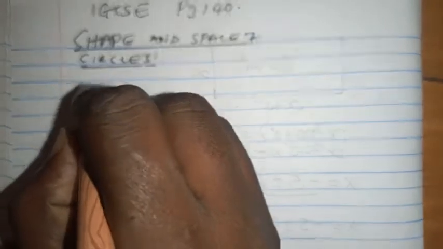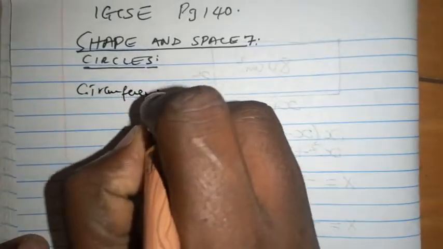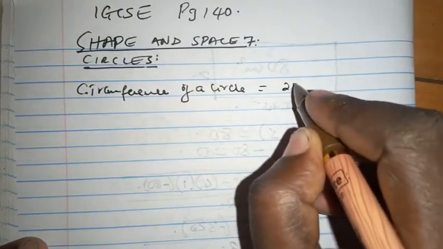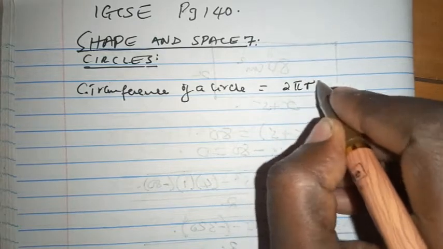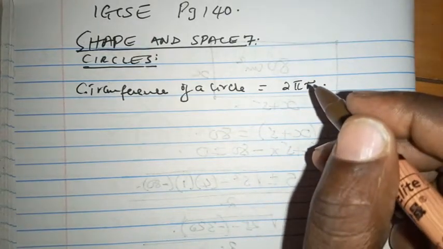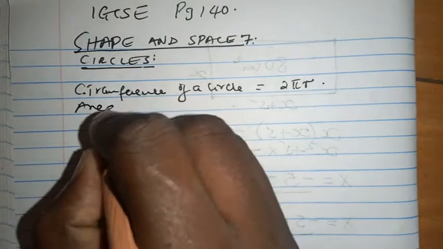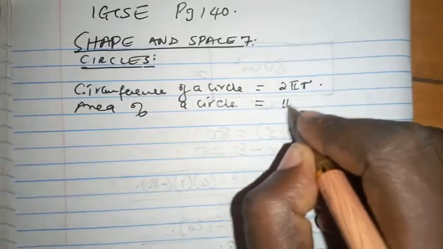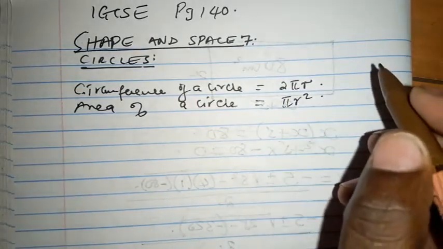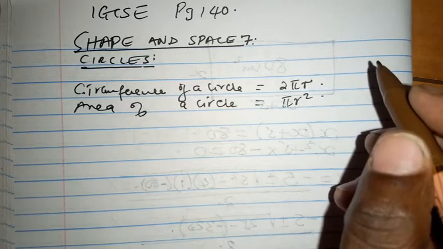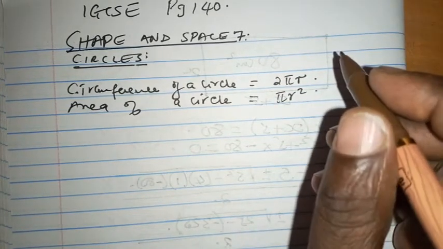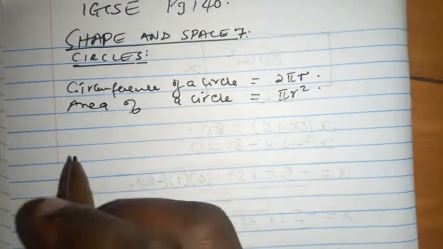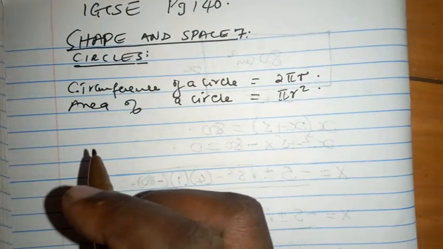The circumference of a circle is given by 2 pi r, and you know what pi is and you know what r is. And the area of a circle is given by pi r squared. And it goes without saying that we have to follow and borrow from this heavily, as we understood the whole of this topic. I want us to simply go to example 1,